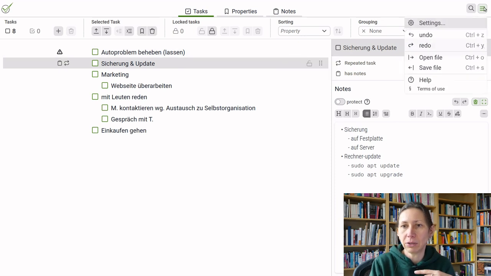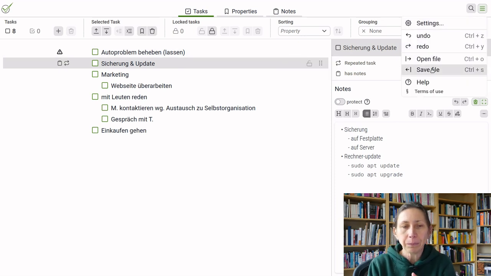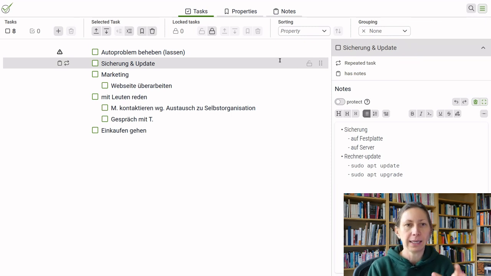So it's just in this menu here. You can say save file. And I would actually advise you to do that now and then when you're using this version, just as a backup. Because technically the data is stored in your browser, and there's no way I can tell your browser how long to keep that data. Usually a browser keeps it for quite a while, so usually there's no problem at all, but there's no way to influence it technically. So I advise you now and then to back up your data, maybe at the end of the day, so you have it safe and don't have to rely on that.